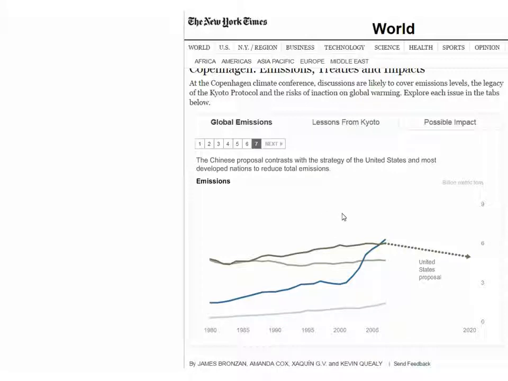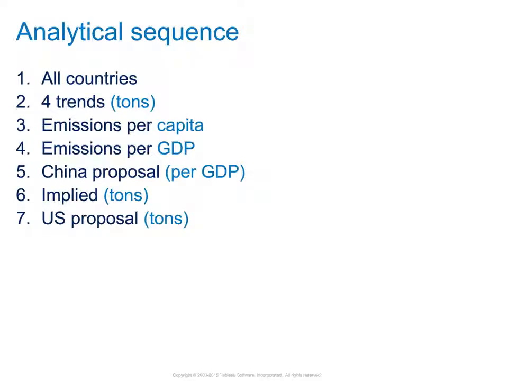So this is an example of how to go about telling your story, where you include not just the finding, but also the steps of analysis leading up to the finding. Here are the steps of analysis for this one, and it's a very common thing that you'll need to do if you want to get people to help you understand whether your inference process is right or wrong. In other words, looking at the data normalized in different ways is very, very important, by capita, by GDP, and then explaining your finding is very important for doing that.